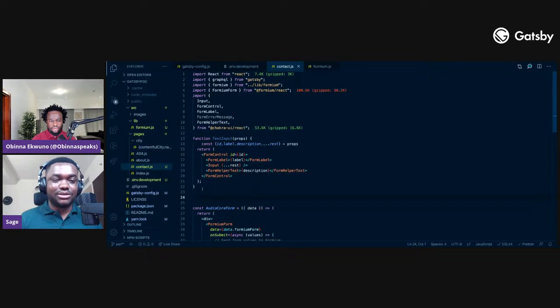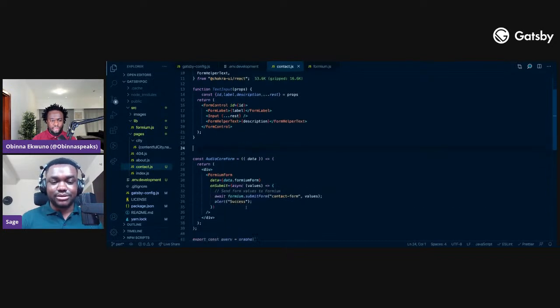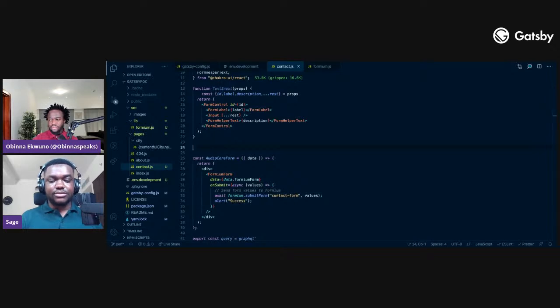We can just use the button straight up from Chakra UI. We can use it in here. Yes, for sure. Because this already has its own on submit, and then I'm just wondering how